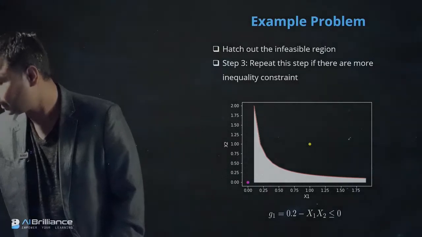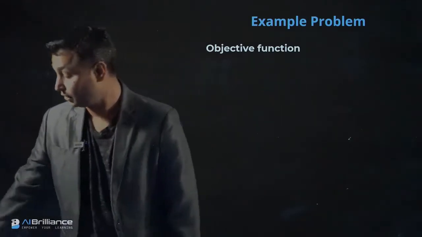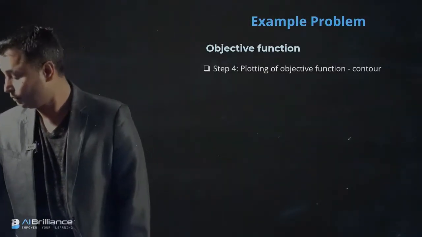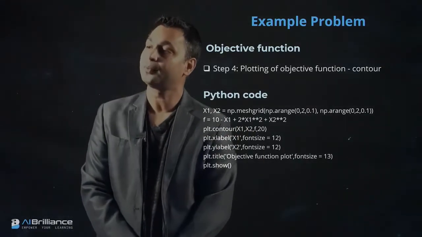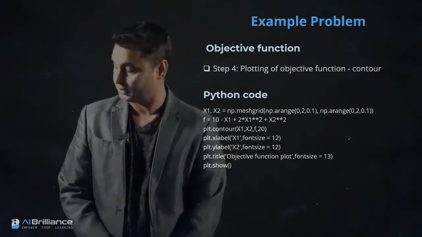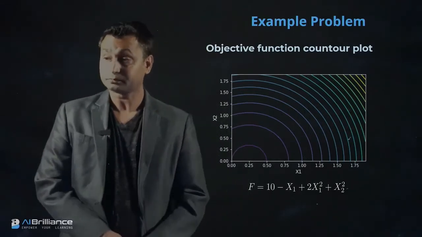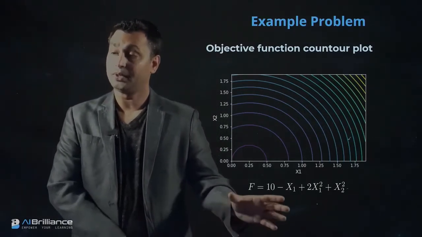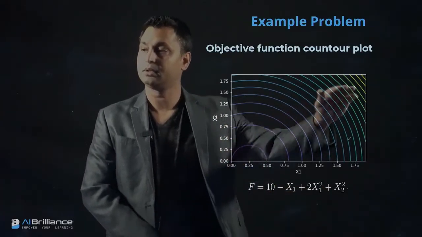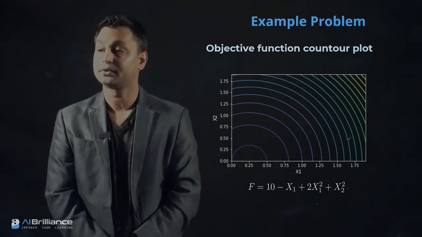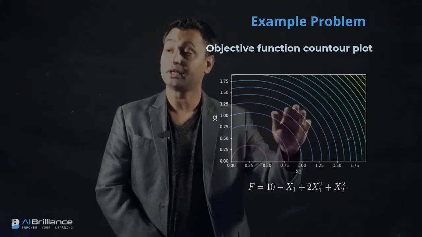Now what we will do is plot the objective function. That's step 4, and that's where we will plot multiple contours. Here is a Python code that I've given, which could be used to plot the nonlinear objective function that we have been discussing. If you do that, the contours will look like this. One of the things that you can see by looking at this plot is that, since it is a nonlinear function, it will have different contours, and this is where the objective function values are going to be decreasing.